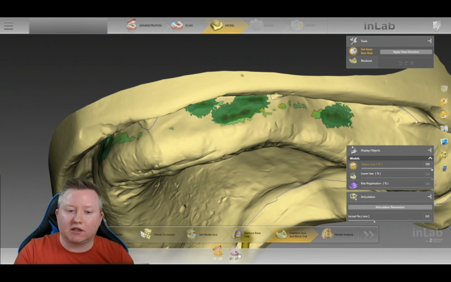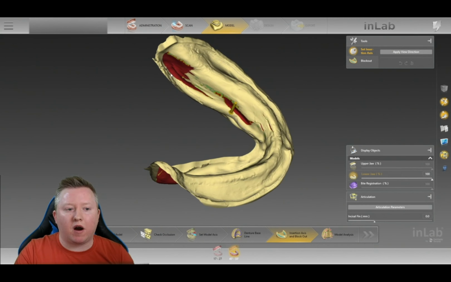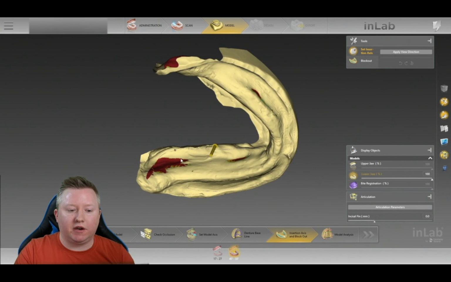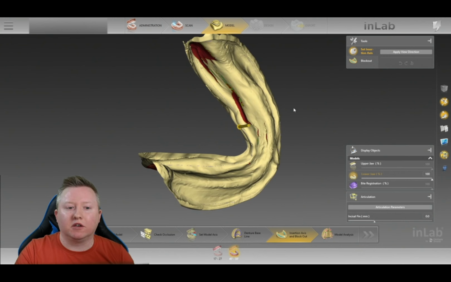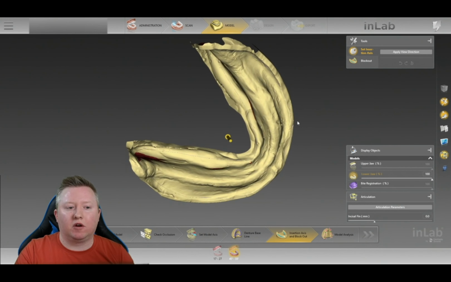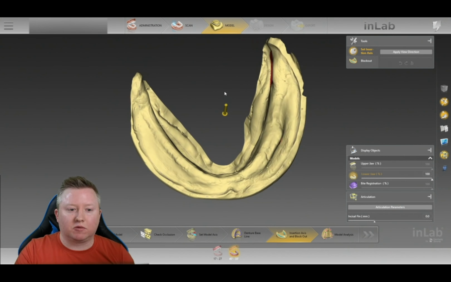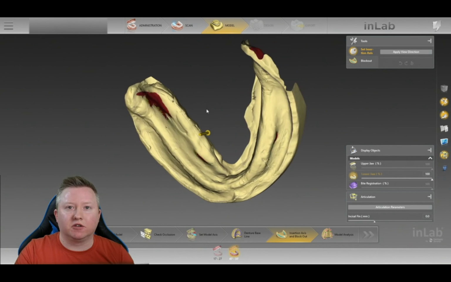And you can do the exact same thing with your lower. Some people like to block out these myohyaloids a lot down in here, something that's really going to cause irritation later on, and we know it's going to. That's something you could always block out. For this one, I won't block it out because really I believe that this retention in these two myohyaloid areas is going to help me. So